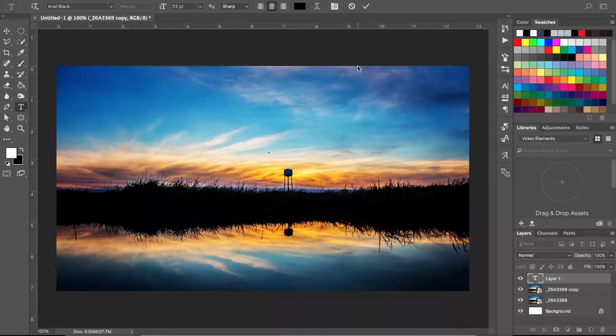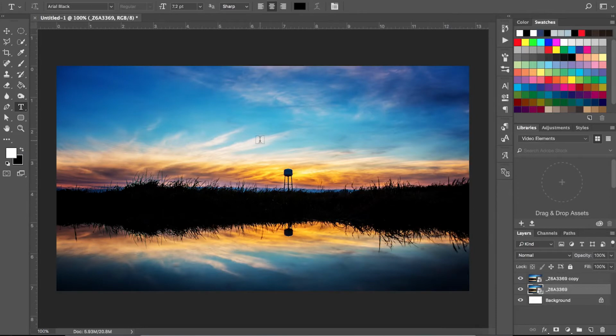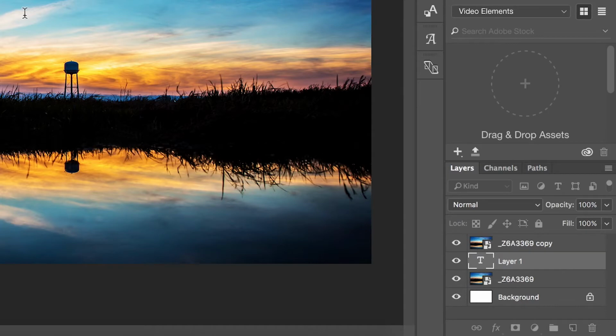I'll show you something else. We're going to quit that. We're going to move down to the second layer, or what will be the first layer that we have. As you can see, I have the middle layer, since we have our background, which is the plain white canvas, then the photo, then the duplicate layer of it. If I click on this layer, and then I have my text tool, and I click, you'll see it creates a layer for your text in between the 2. So now I'm going to type out the word Arkansas,